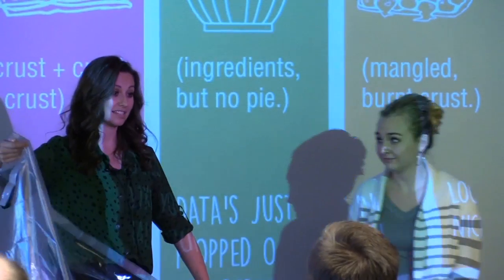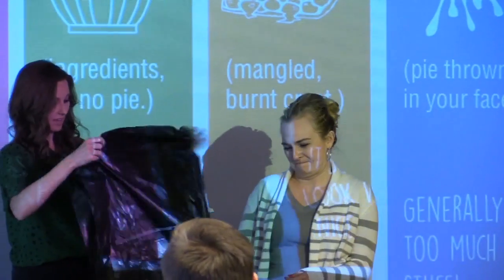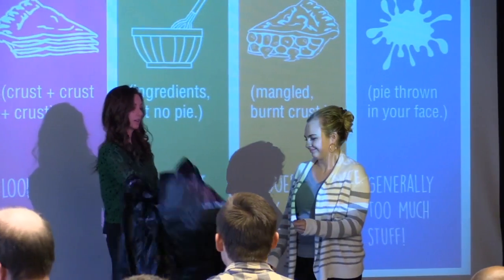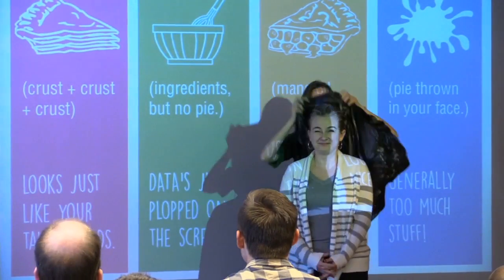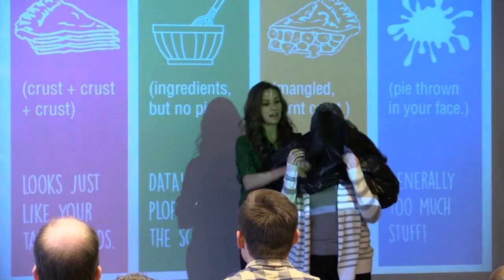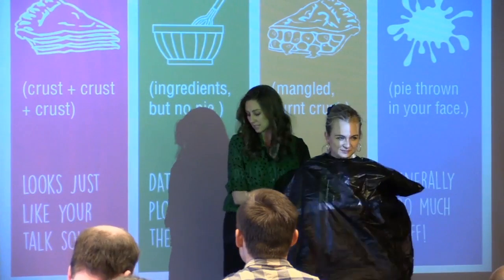And so she does a lot of work to make sure that these things happen. So she does deserve applause for that. And she's going to get a pie in her face. Okay. And I'm going to let her have a garbage bag so she doesn't get it on her clothes. But her face, there's a reason that I'm doing this, and it's not just to be mean. Well, it's kind of to be mean,